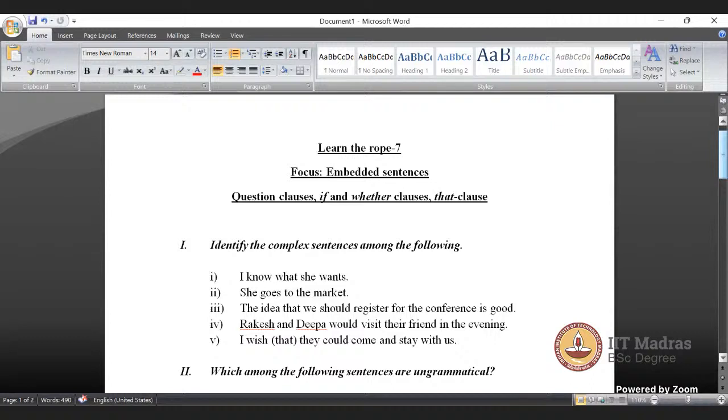In this hour, without getting it stretched further, look at the first question: identify the complex sentences among the following. Because we are talking about complex sentences, let's begin by